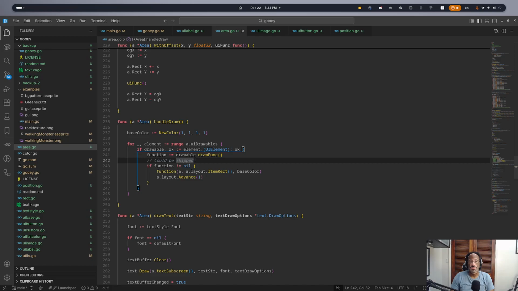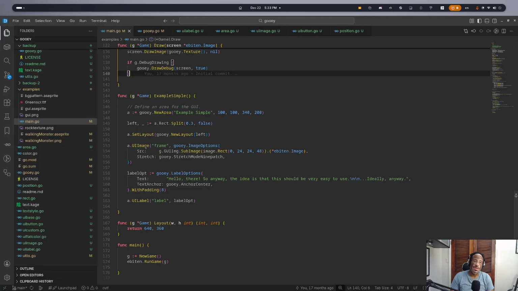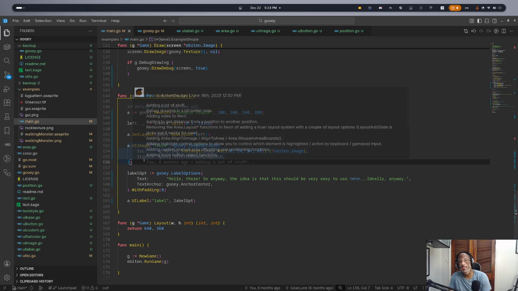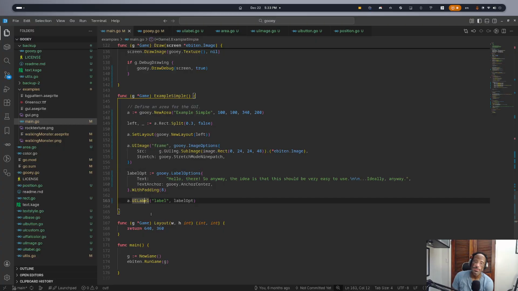Yeah, that actually won't work well. So areas provide a way to bind a layout to a drawable object. For example, we're setting a layout here, and then we're drawing these things, this UI image and this UI label. But the issue with this approach is that if we change the layout at some other time, like this